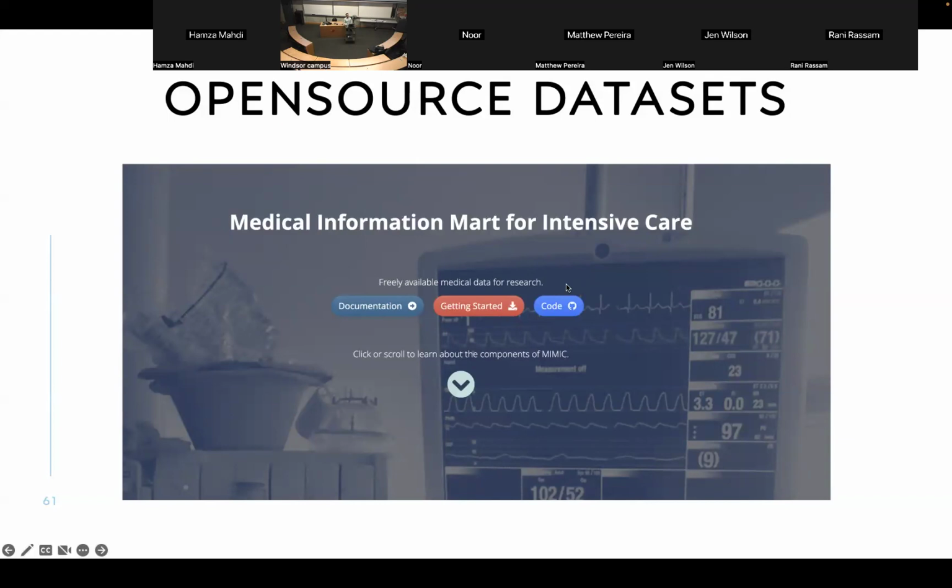So there are open source data sets, not only open source models. This is the Medical Information Mart for Intensive Care, or MIMIC. This was a data set collected from the medical records of Boston hospitals at MIT. They anonymized around 40,000 medical records and published them. So you can literally download it and create your own AI that can detect heart failure from reading the medical charts. So some work is being done.